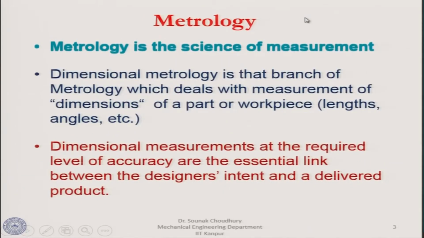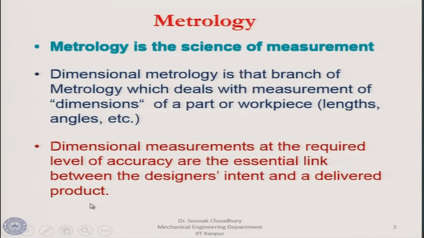Therefore, we say that metrology is the science of measurement. Dimensional metrology is that branch of metrology which deals with measurement of dimensions, that is why it is called dimensional metrology, of a part or workpiece. Let us say it can be length, it can be angles, it can be diameter and so on. Now, the dimensional measurements at the required level of accuracy are the essential link between the designer's intent and